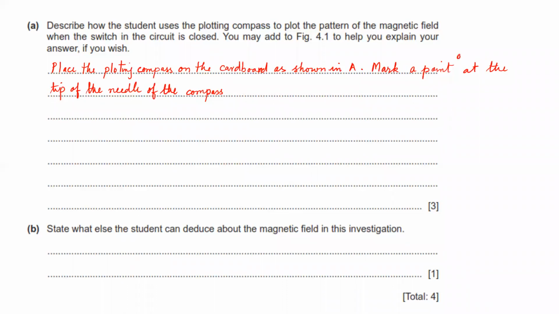Mark the point on the cardboard at the tip of the needle of the compass. So once you have marked this point at the tip of the needle, what you have to do now is move the plotting